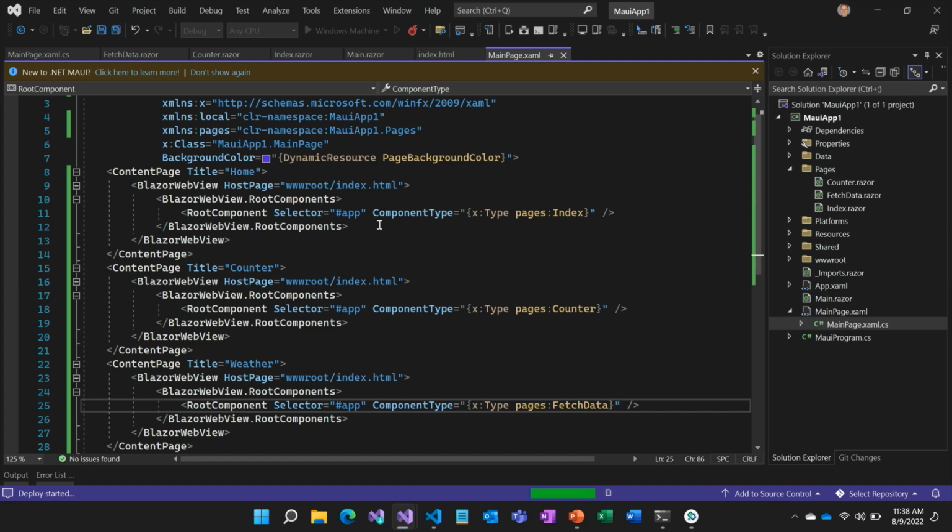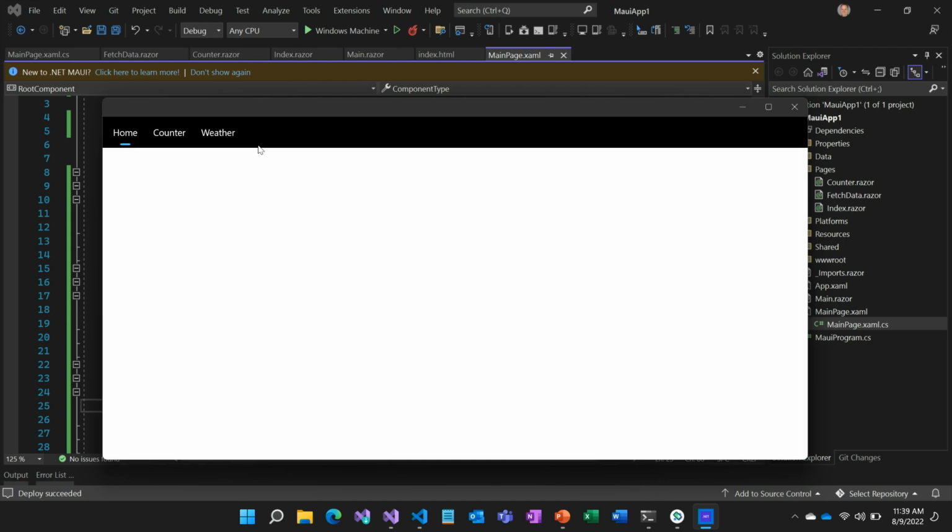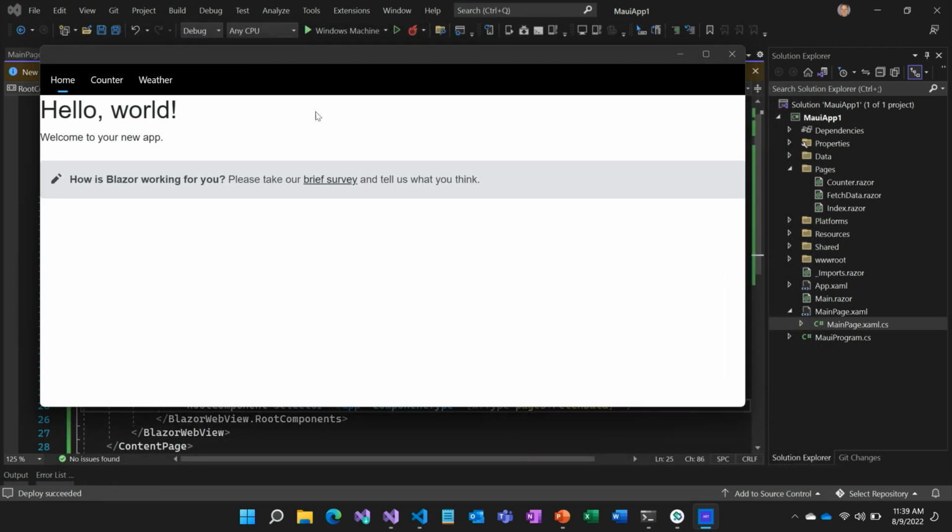Because we're using native UI controls, these controls should look like Windows UI controls, whatever comes with WinUI 3 by default, essentially out of the box. Looks like that deploy succeeded. And so now we're just waiting for the app to pop up. There it is. Okay, so here's our Blazor hybrid app.